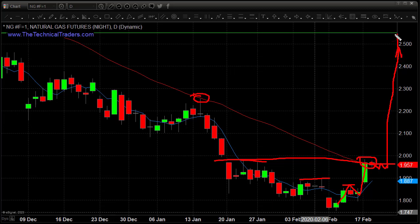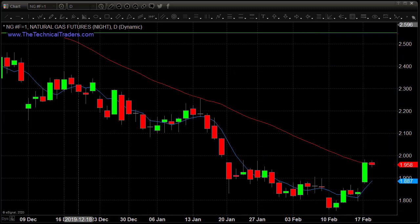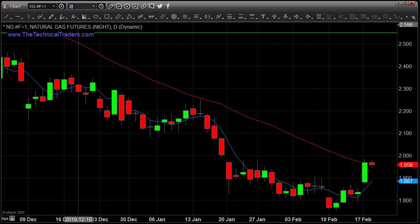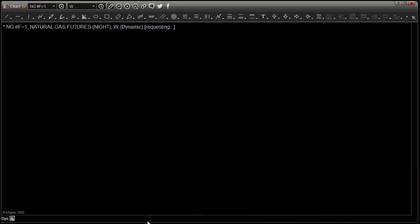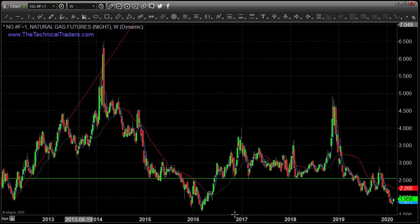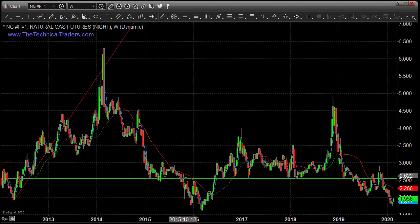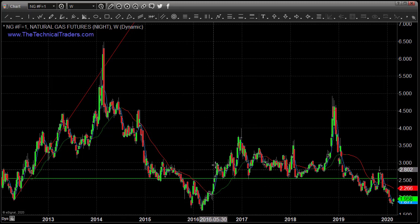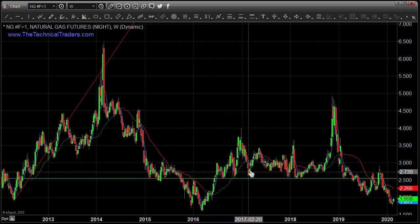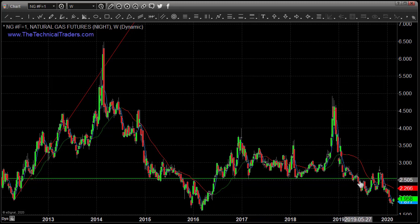maybe even up to this green line, which is a long-term weekly chart resistance area that we've followed for a long time. If we go back on the weekly chart, let's just take a quick look. If you look at this weekly chart, you can see how significant this level has acted. It acted as a support level. Once it was below it, it was stuck under it, and then we got above it. We bounced, bounce, bounce, bounce, another bounce, and then we started to trade through it,